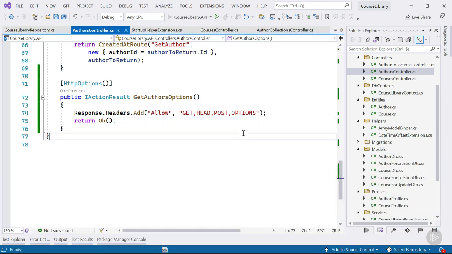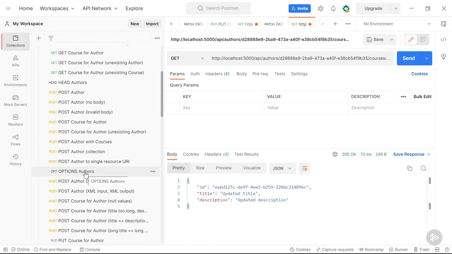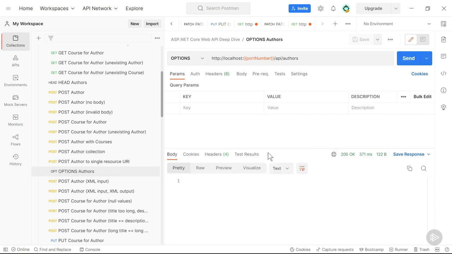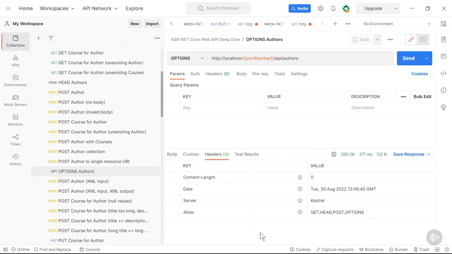Let's give this a try. There's an options request in our Postman collection. We send it to API/authors. We get back an empty response. The content length header is set to 0, and we see our allow header here with values get, head, post,